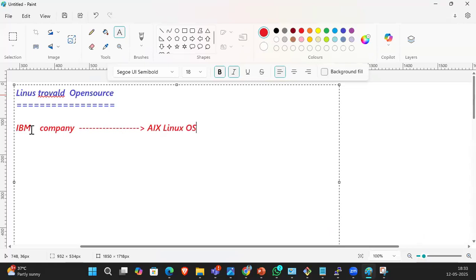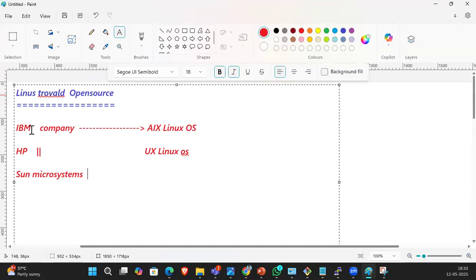What is that, guys? AIX Linux OS. And the HP company took that source code and created their own OS called HP-UX Linux OS.